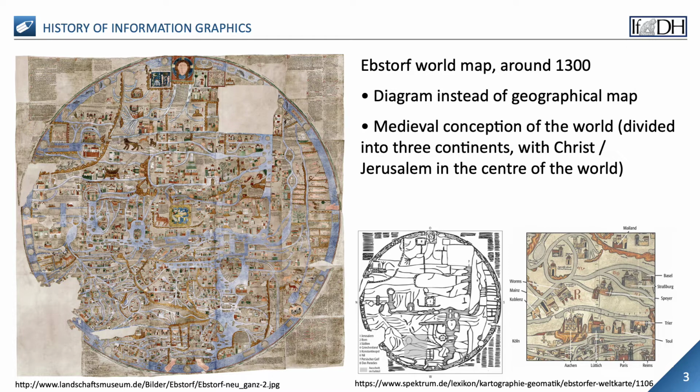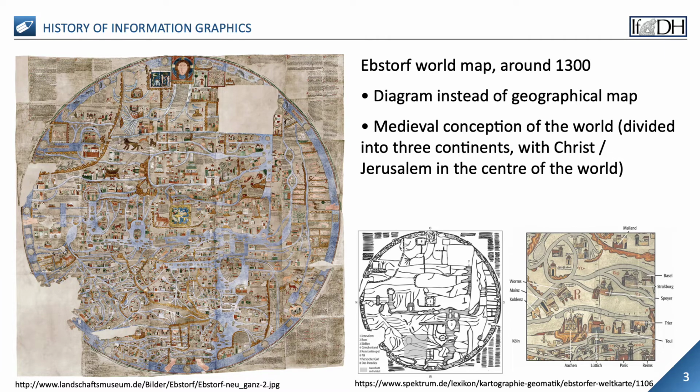An early example of all three functions is provided by the Erbsdorf map of the world, produced in northern Germany around 1300. Used as an altarpiece, this display panel, 3.57 meters in diameter, aimed to communicate the medieval conception of the world to the congregation. Geographically, the Mediterranean Sea is in the lower right quarter, dividing the known world into Asia on the top, Europe lower left and Africa lower right. In the middle is the walled Jerusalem, but the center is Christ, whose head you see at the top and